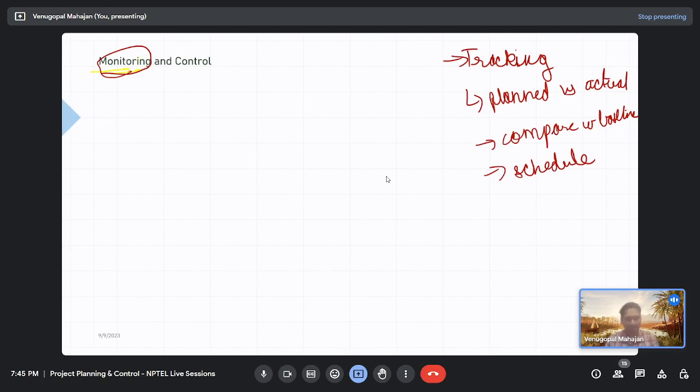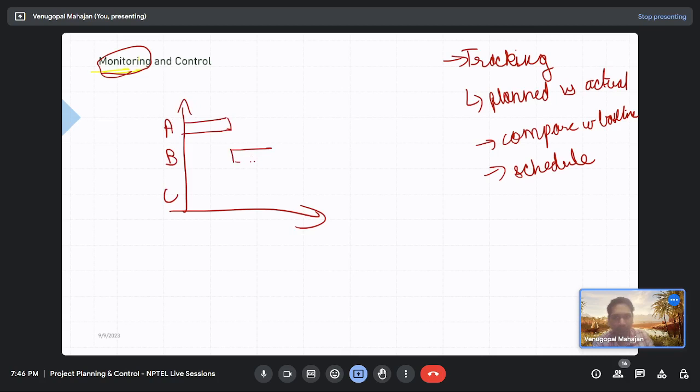See, the next session is on monitoring and control, earned value. Yes, sir, we will be discussing it in detail at that time. That would be more on the numerical side, or the values. This part, for 10 minutes or so, we will just discuss the basics. So let's say we start with bar chart. You had a bar chart like this, activity A, B, C. This was your initial chart.